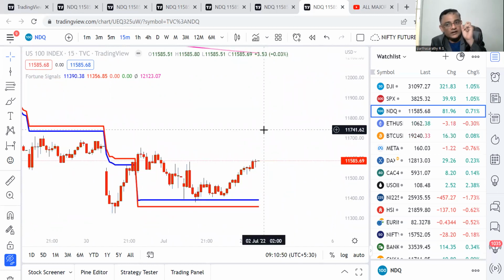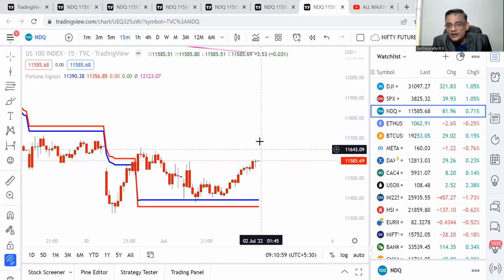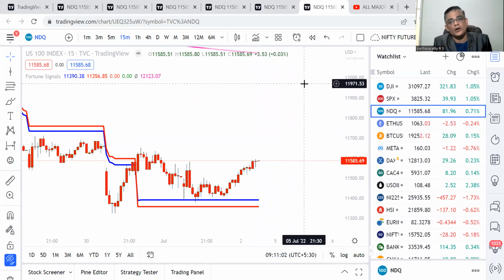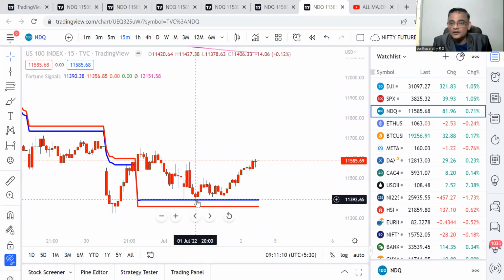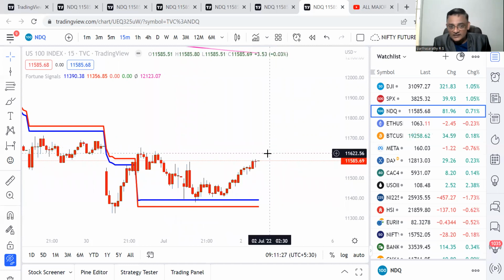As of now, from a trading perspective, 1 hour is still bullish because it's a fake sell. So 1 hour is still valid. Once you get a genuine buy on 15 minutes, you can initiate a long. But in case we trade Nasdaq, I will try to go long here because this was more or less the low of the 21st, an important trend change. So we combine the dates and the fortune signals to get the bottom where the stop loss is very, very limited. Hope you understood.